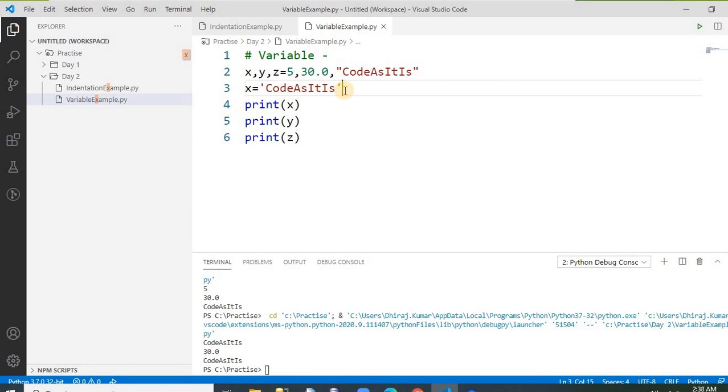Okay, third one, I want to show you about the global variable and the local variable. If you declare some variable inside a block of code or a function, it's local to that block, whether it's in a module or a function. And if you want a variable declared inside the function to be used as a global, you have to use the keyword global. So let's take an example of a global variable.